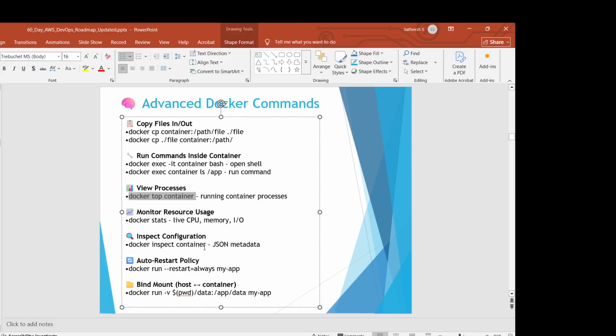Docker inspect container id will give you the JSON data, where we were seeing the mount details, IP address, application status, everything you can see. And then bind, we already saw how to bind to the physical host instead of creating a Docker volume. How we can bind the host, that also we have seen here. And then